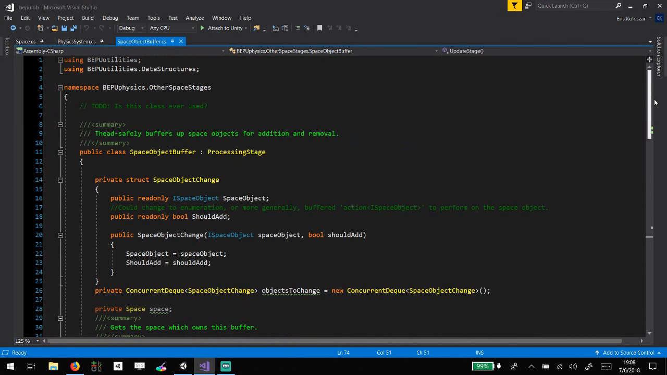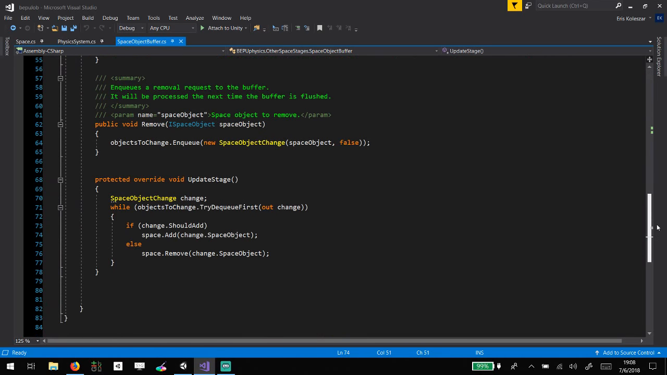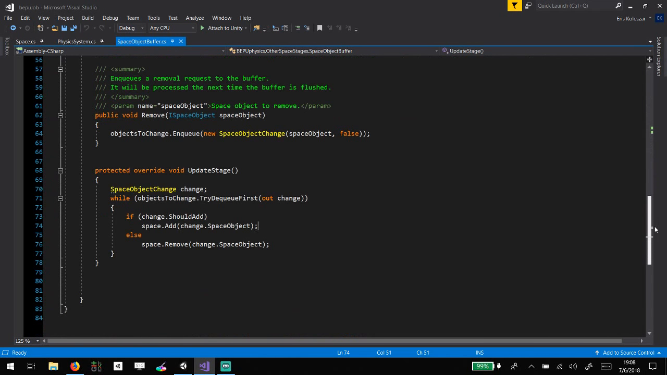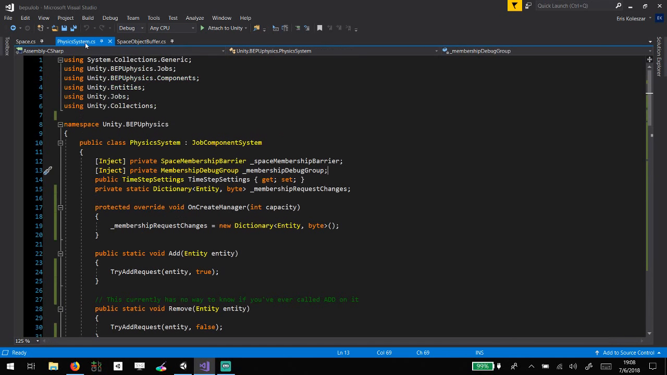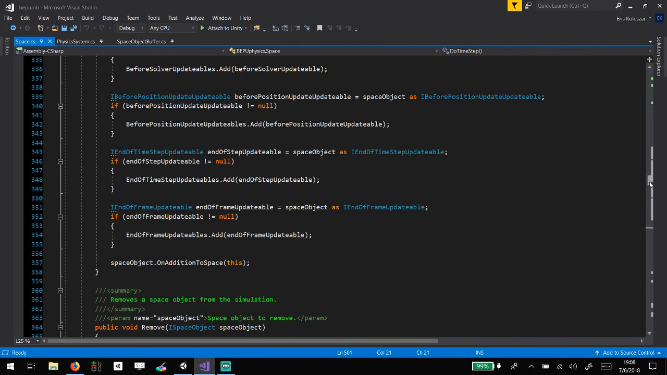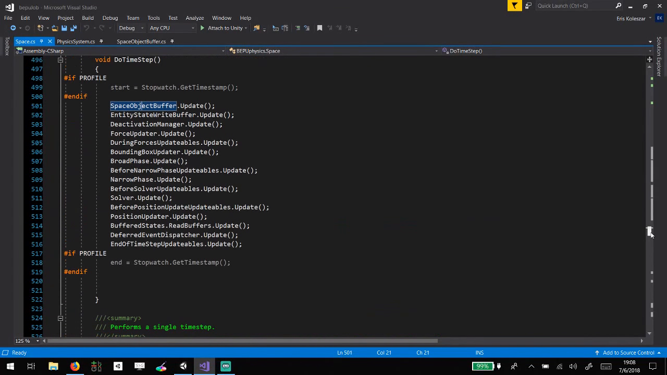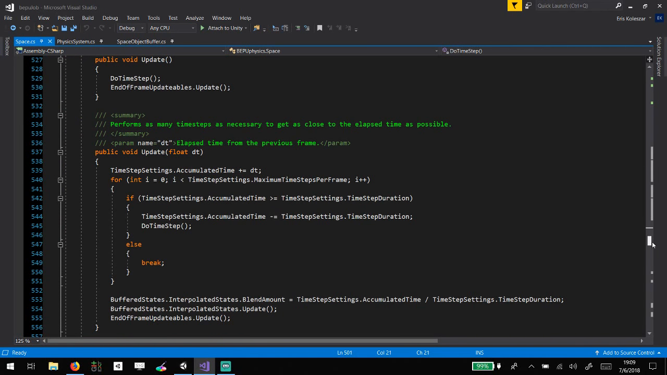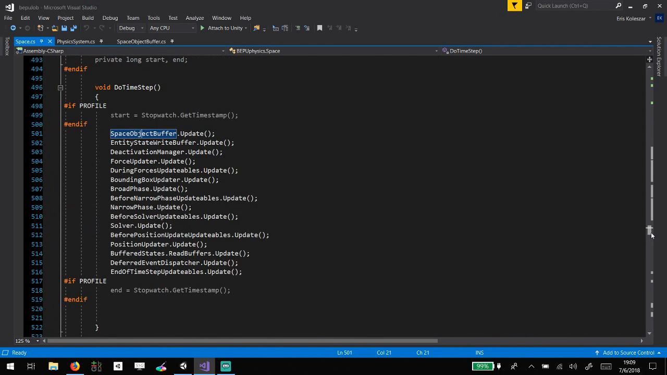So basically, all this space object buffer does is it takes everything that's asked to be added or removed, and it's going to tell the space to add or remove them. So honestly, I think it's a little bit of an oversight right here that the space object buffer is part of this do time step. I really think that it should be outside of it. It's a completely useless call